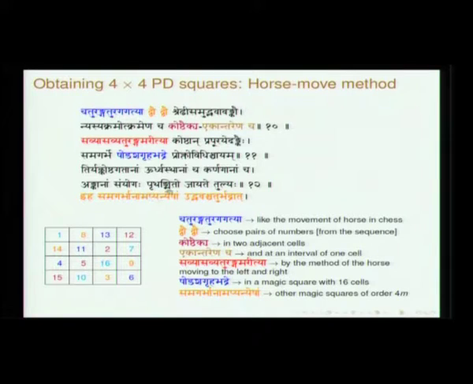Ankanam sanyogaha prathangmitaha jayate tulyaha. Tulyaha means all of them will sum to the magic sum. So iha samagarbhanam anyesham udbhavaschatur. Now let us try to understand. You closely try to follow this Turaga Gati. You start with 1 in the left topmost, then Turaga Gati, where do you place 2? You jump here, this will be 2, fine. This is a horse move, Turaga Gati.